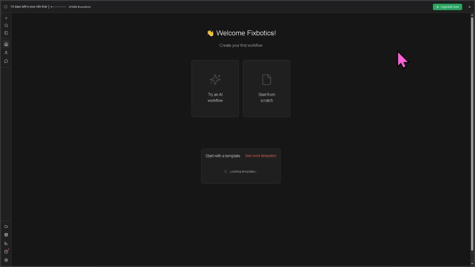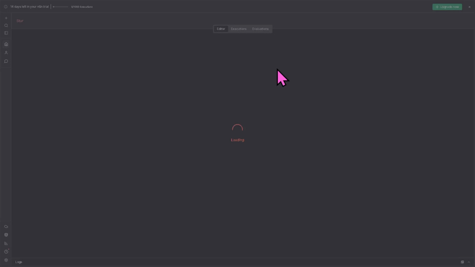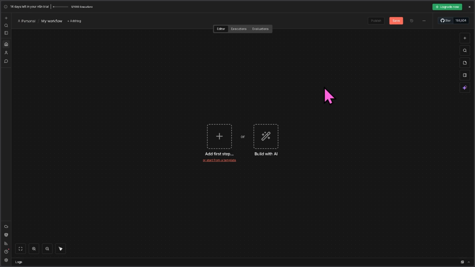Log in using your credentials, and then on the top corner, once you are logged in, I want you to click the section that says Start from scratch or try an AI workflow, because we need to create our first workflow. Okay, so if you click the second option, which is starting from scratch, there is an option here to